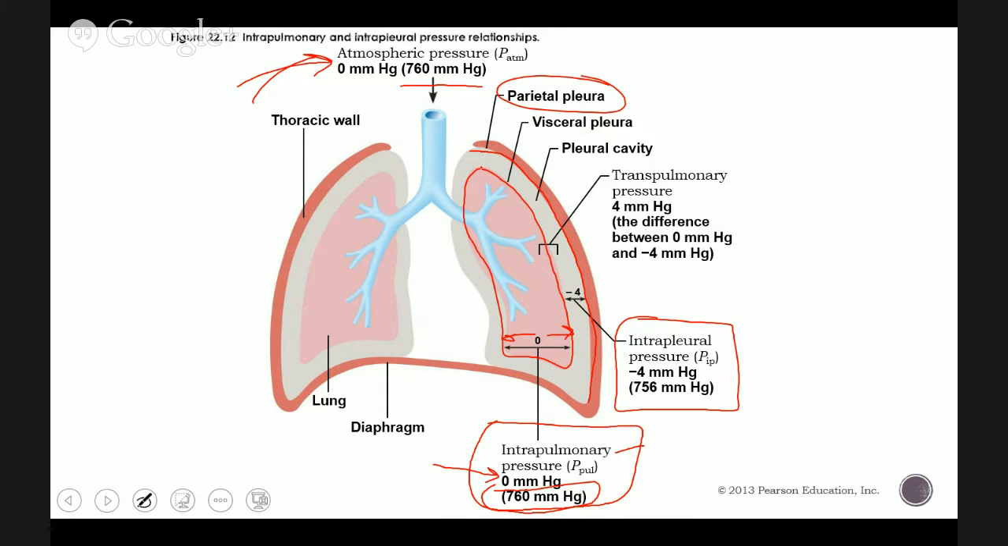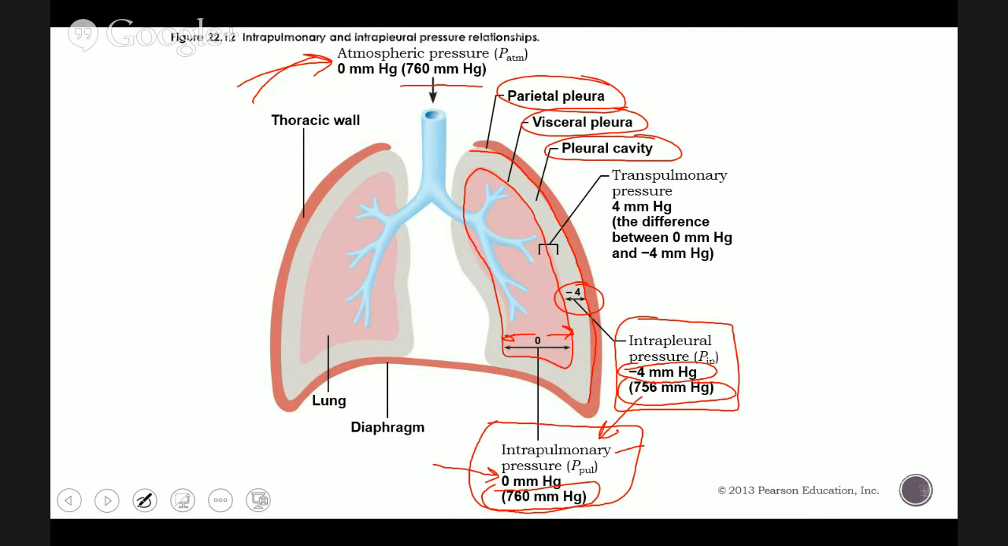So in between the two, we have a space. And that's in the lungs. It's called a pleural cavity because it's referring to the lungs, plural. So between the parietal pleura and the visceral pleura, there's a space. And in the pleural cavity, you can see that on average, the pressure is 4 millimeters mercury less than